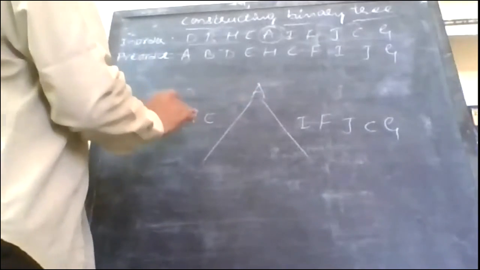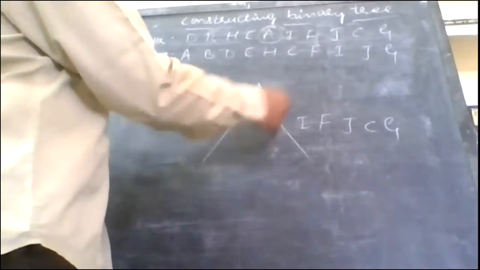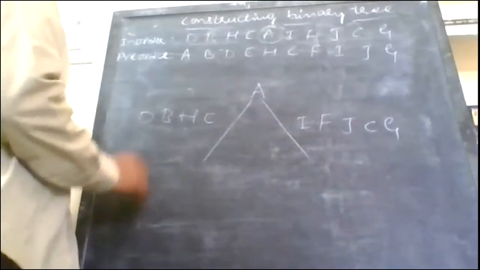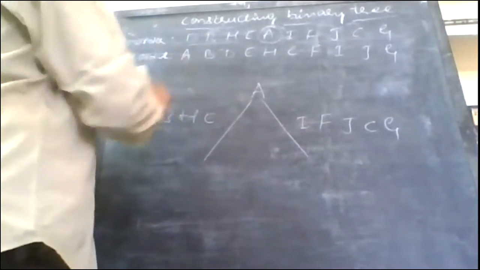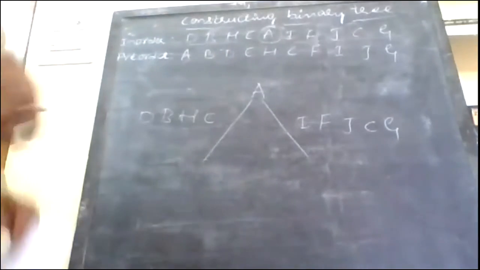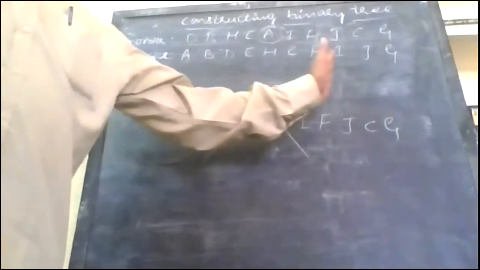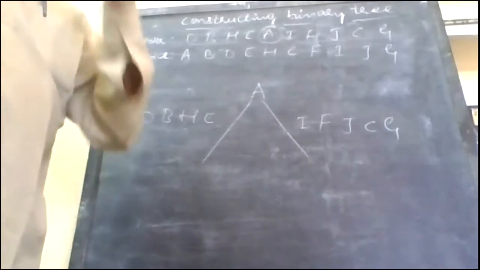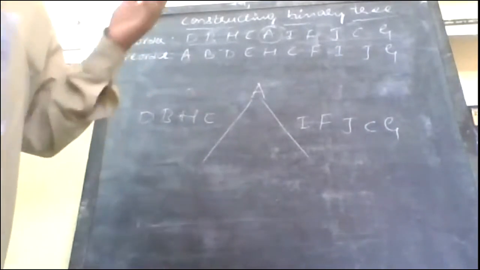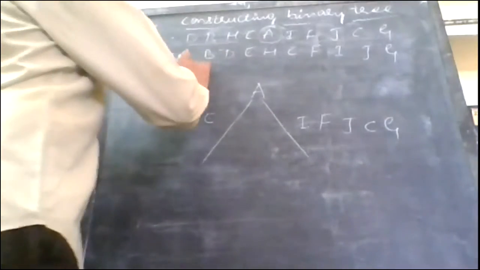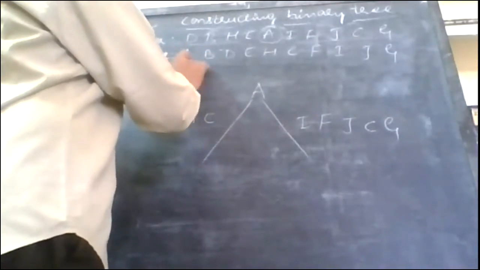First, what we did, we found the root and we separated the left subtree and right subtree. Now, the first step is what? I need to complete the left subtree. Again I need to go from here. See, in post order we traverse from right to left. In pre-order it must be traversed from left to right, because in pre-order the left subtree is traversed before the right subtree. Therefore, I need to scan from left to right. If I do so, the first element which I find after A is B.